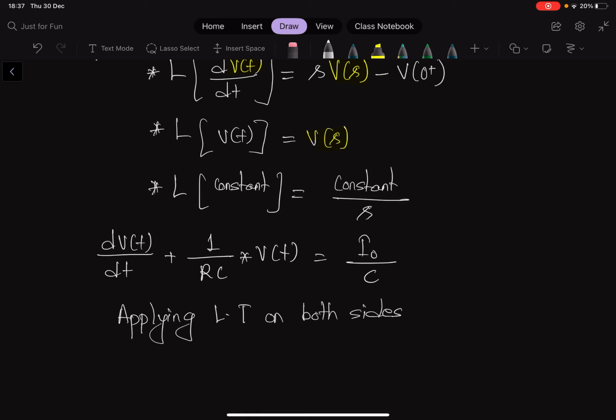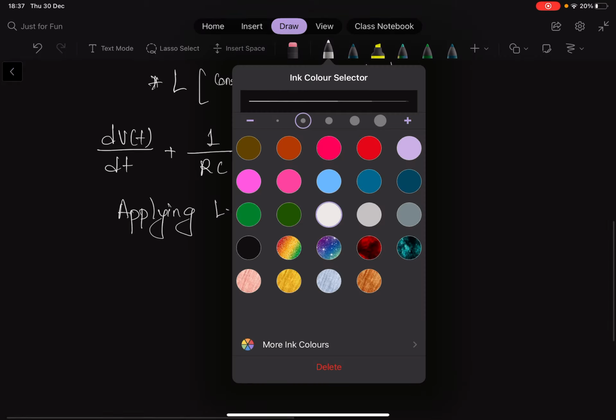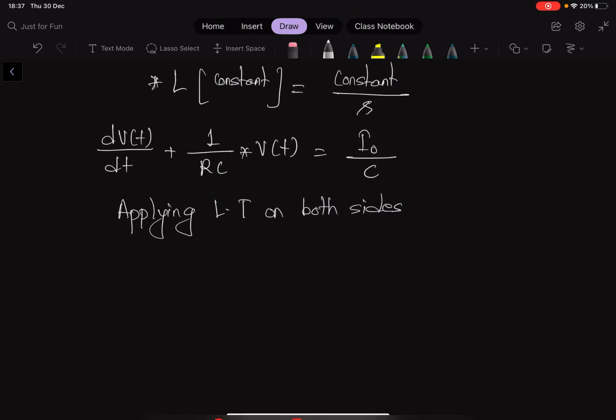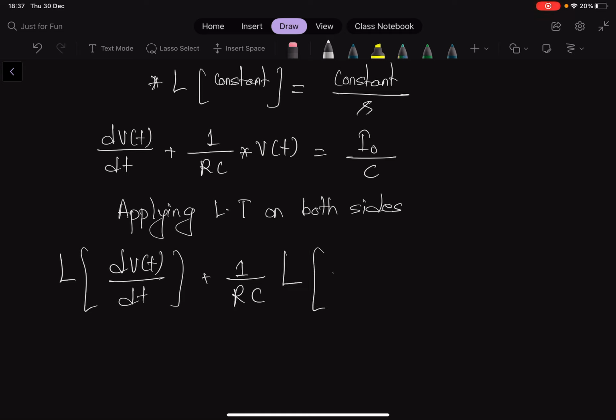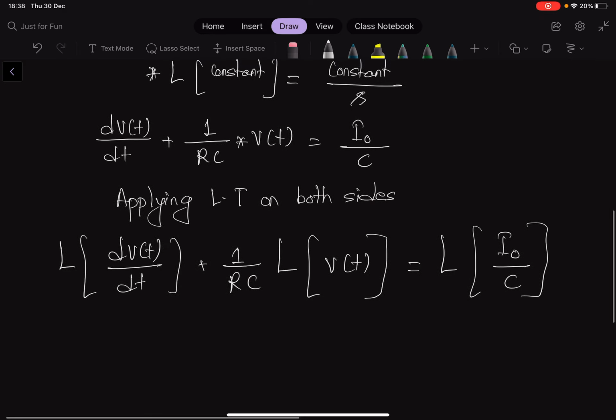We need to apply it on both sides. If we apply Laplace transform on both sides, we write L of dv(t)/dt plus 1 over RC, which is constant, so we can move that outside, and then Laplace of v(t), and then